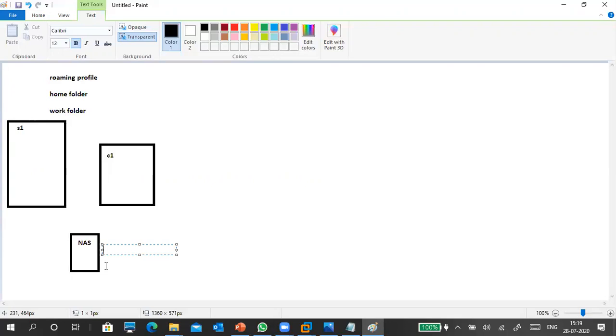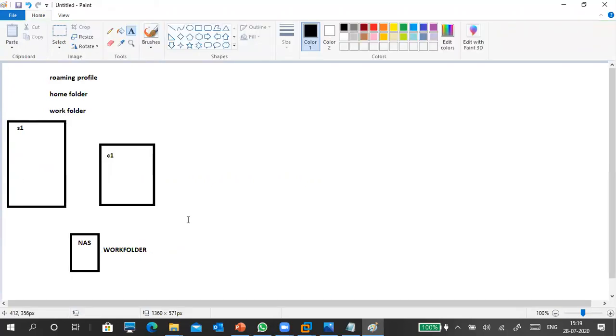I store my work folder here in a central storage, but we actually don't have a NAS, we are using it here only. So whenever the client logs into the PC, this work folder is automatically mounted to the PC, so he is able to store and access the data of the work folder.